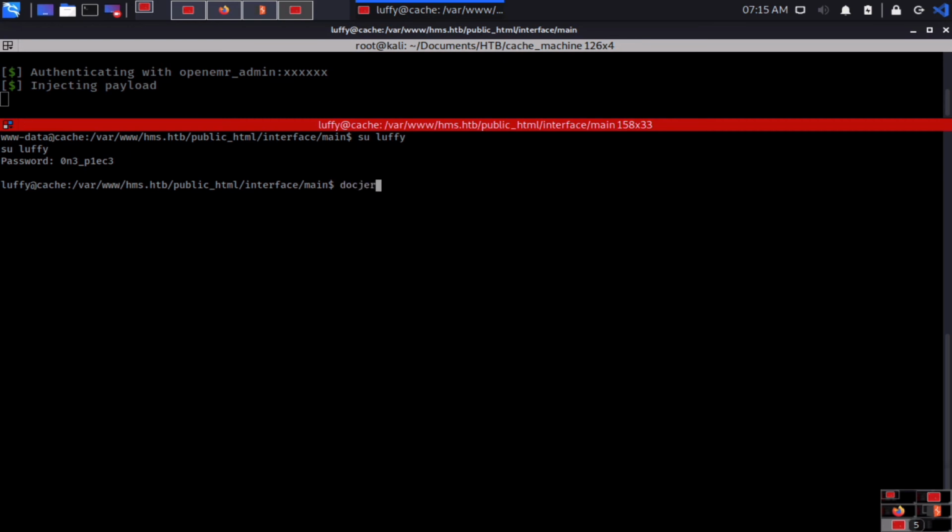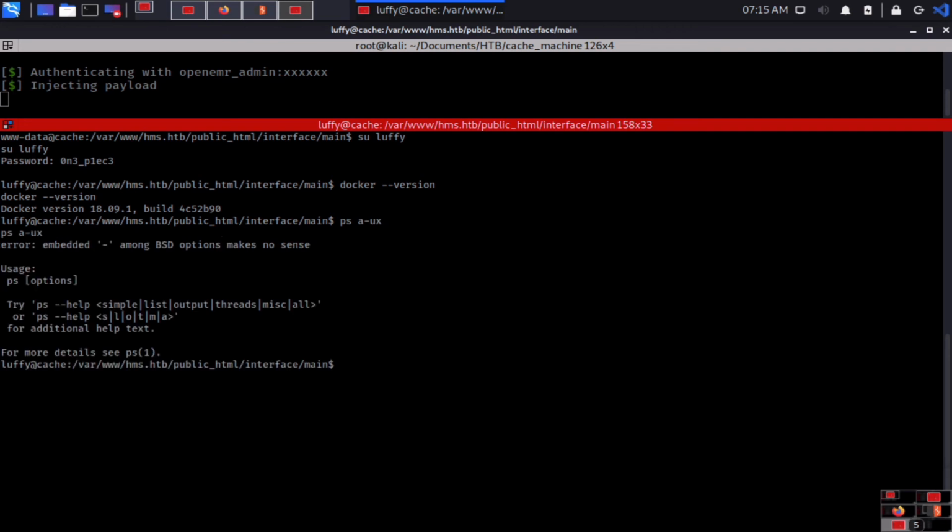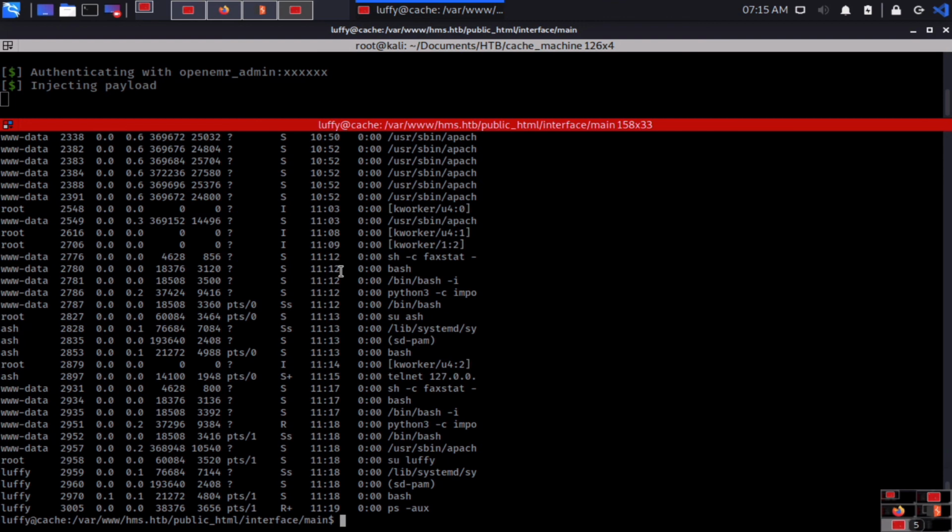Now just try docker space minus version. So in this case, okay, the docker service is running, and here you go. You can simply check ps -aux, enter. Or what I can do, I can just simply grep it, ps -aux pipe grep root I can type.